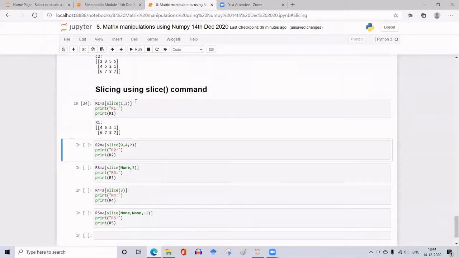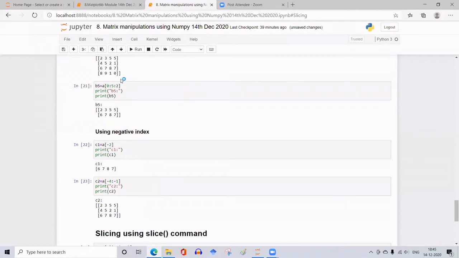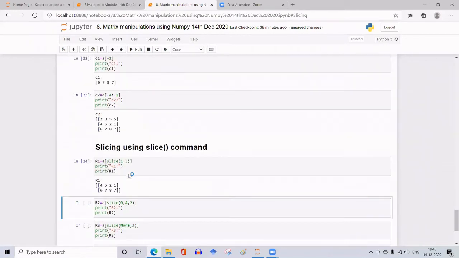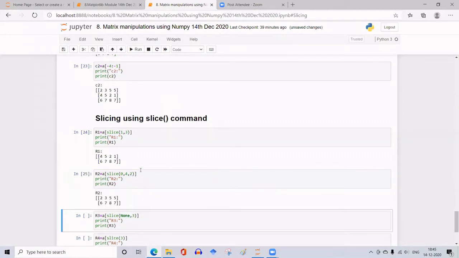Row number 1 is 4, 5, 2, 1, and then 6, 7, 8, 7. Similar to the previous one, start from 0, end at 4 minus 1 in steps of 2. Start from the 0th one, next the first one will not print, then the second row, the row with index 2.